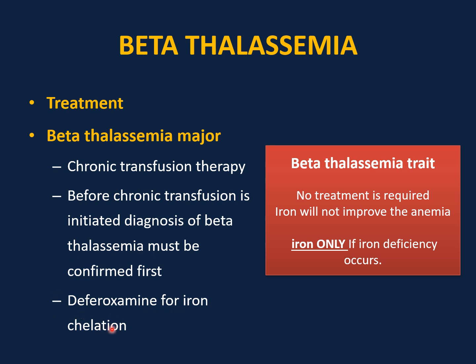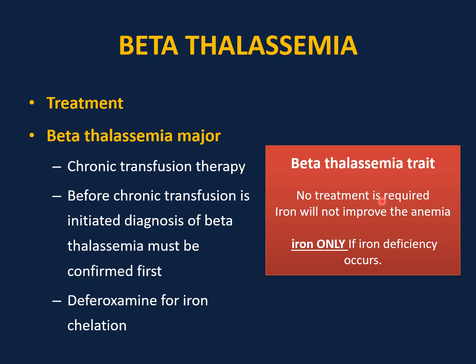Deferoxamine for iron chelation and to decrease the toxicity of the iron. The diagnosis and the treatment of this one will not be a problem because it will be apparent from the beginning, but the problem is with beta thalassemia trait. Many times it will be treated as iron deficiency anemia, and you have to know there is no treatment required,